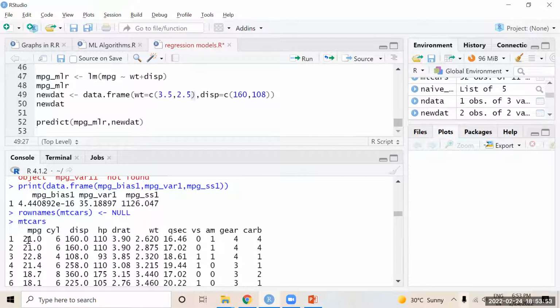So I will give it in a reverse way, 2.5 and 3.5, because 160. It will be 21.